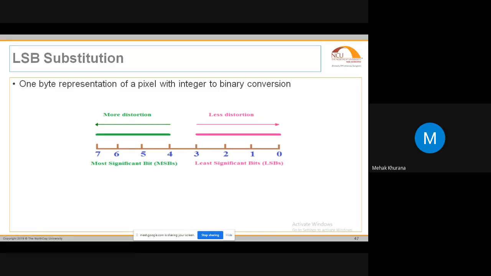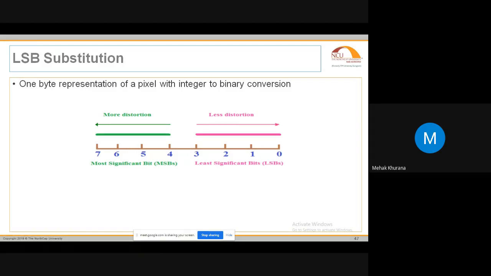So if I make any change to the least significant bit, there will be a change of 1 or 0. That means -1 or +1. If I change the last 2 significant bits, there will be a change to 2, or to 3, or to 1. If I combine the last 2 significant bits, there will be a value of 2 or 3. So I am only making changes to 2 bits.